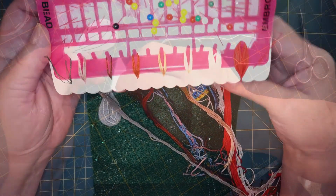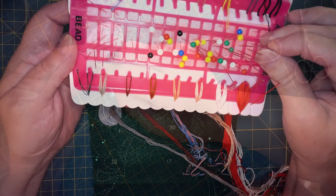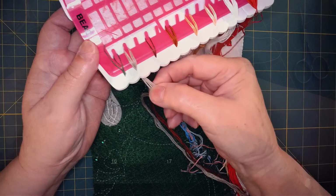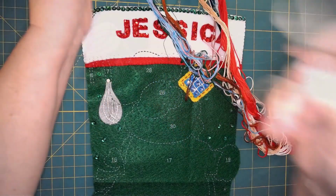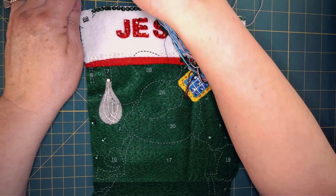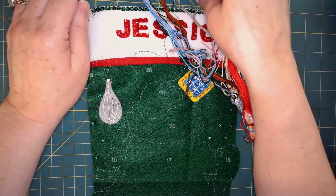And when I'm doing curved lines for the outline stitch, I like to work in the direction like it was a smile, not like it was a frown. So like it's a smile, and that allows me to hold my thread below